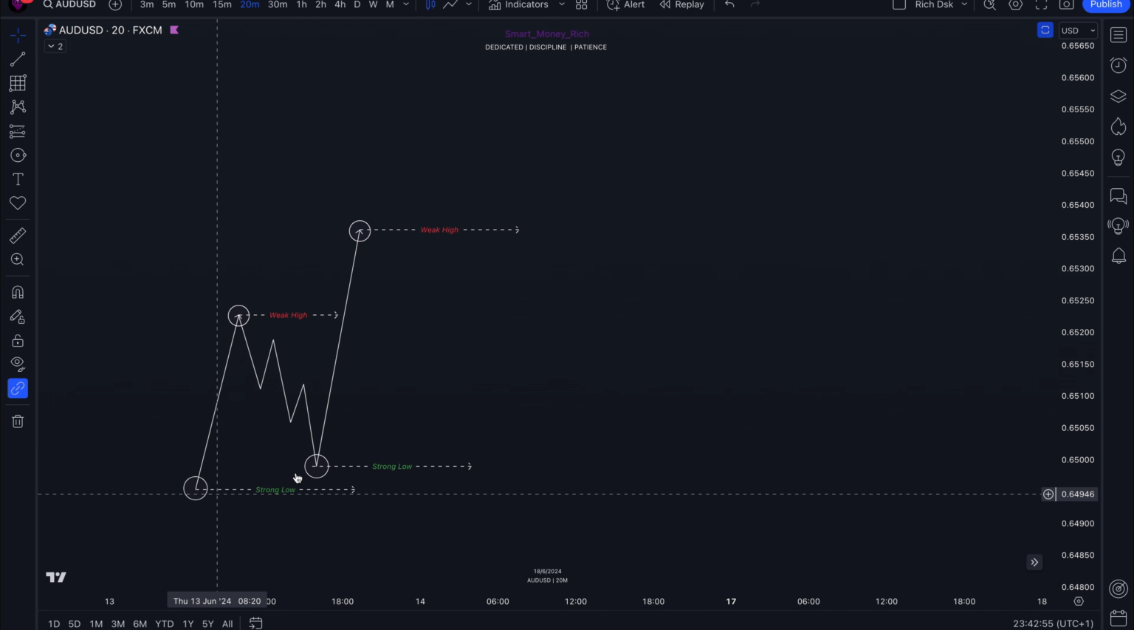Now, the previous low rejected price and broke above the previous high, which means there is a high probability that the highs will continue to fail and a high probability that the lows will continue to hold. So let's say